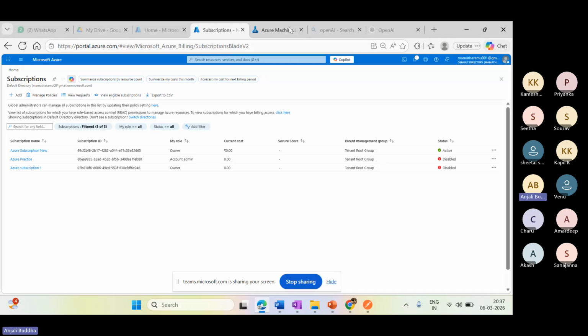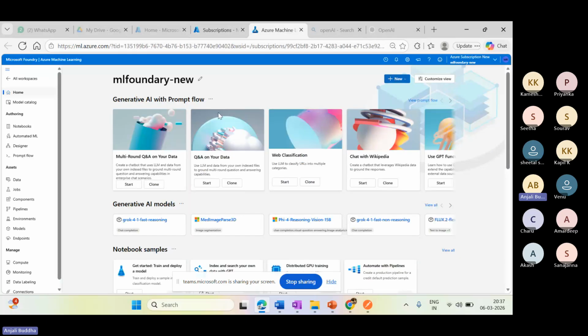Yeah, so now my service has been created, Azure Machine Learning. Here, what exactly we have to do in Azure Machine Learning is go to the Designer Studio.